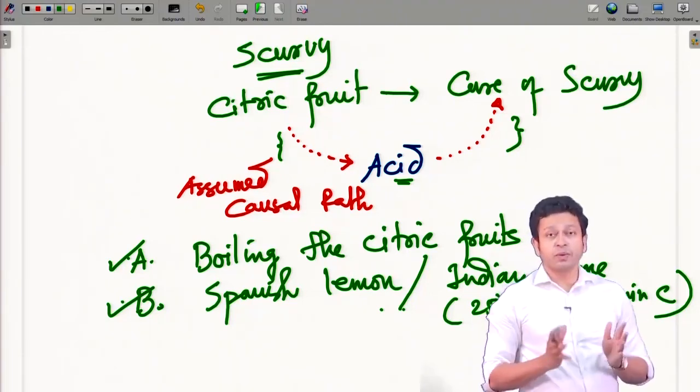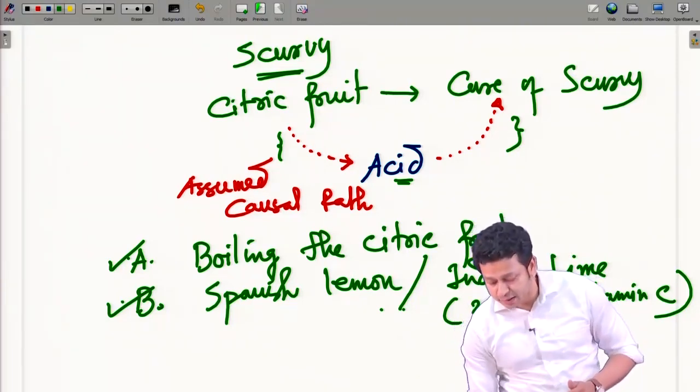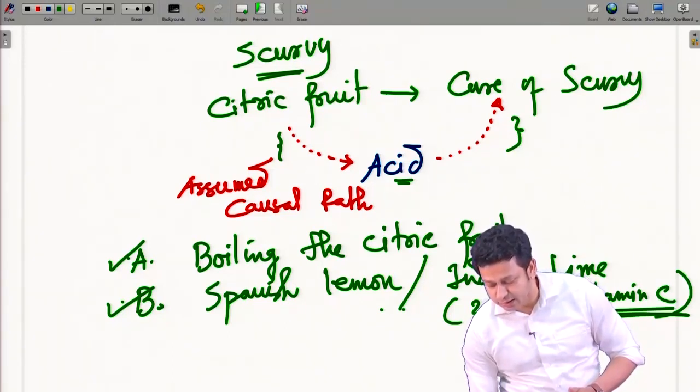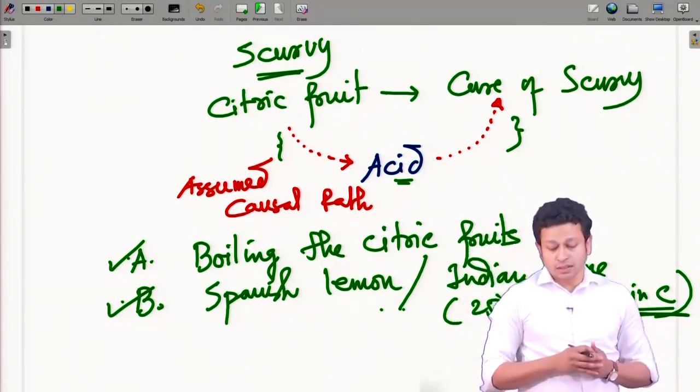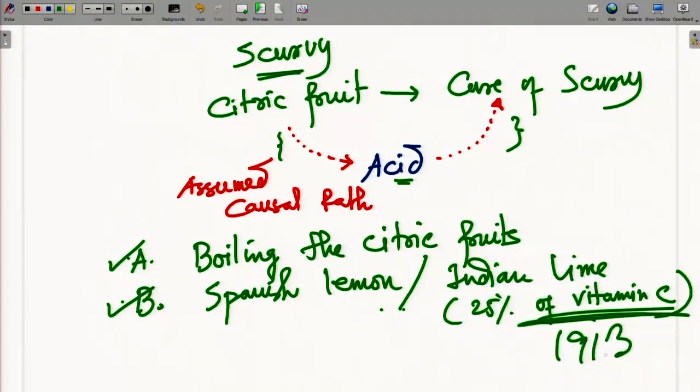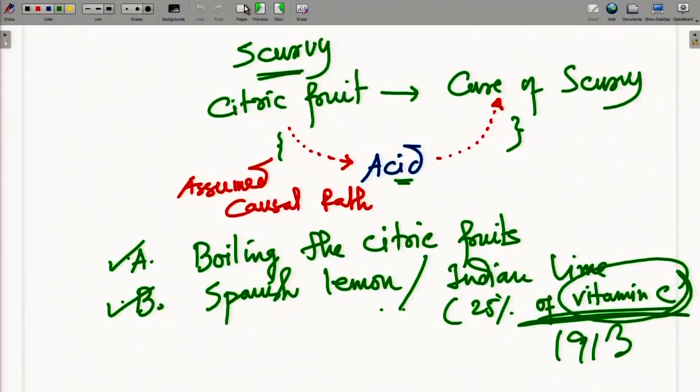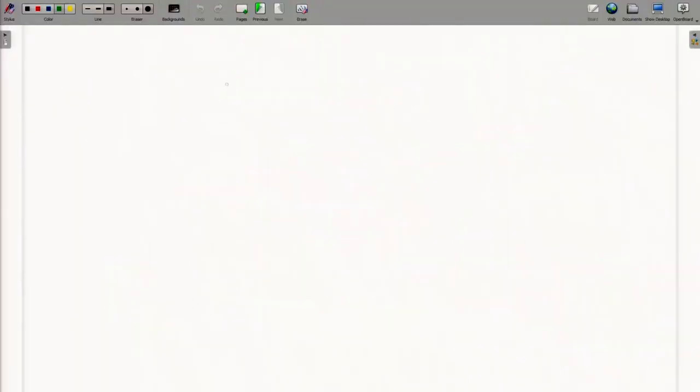Only when vitamins were discovered, in the year 1913 I think, did people start to understand that there is another ingredient called vitamin which might be in the citrus fruits. And later, after two to three decades, people discovered that it is vitamin C which is the main reason that helps us get rid of scurvy. So the assumed causal path was citrus fruit acid to scurvy, and the actual causal path is, let me use a different color,